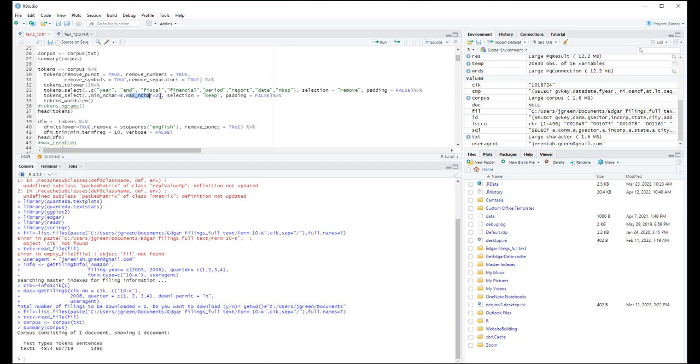Also, I'm going to not keep words that have more than 20 characters. So we did that last time as well. Something really long that it thinks is a word that isn't really a word, maybe we should get rid of that as well. And then finally, this word stem, this is where we were talking about stemming. So we're going to remove some of the ends of the words so that we have a single instance. So for example, if we're going to